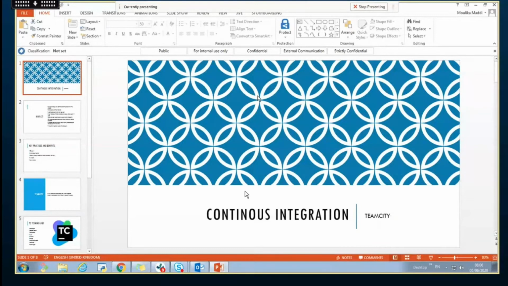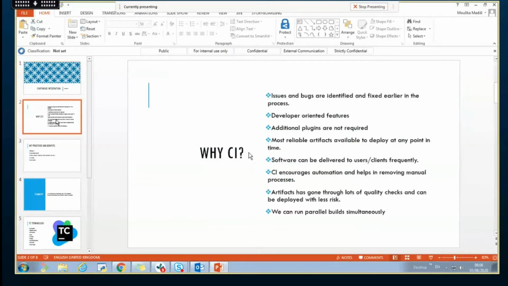TeamCity is one of the CI tools, which is also known as the CI server. It is by JetBrains, and there are so many tools in the market, but as of now we are using TeamCity. Jenkins, Bamboo, and all other tools are available. And TeamCity is user friendly. The UI is very informative. Next, why we are using continuous integration and what are